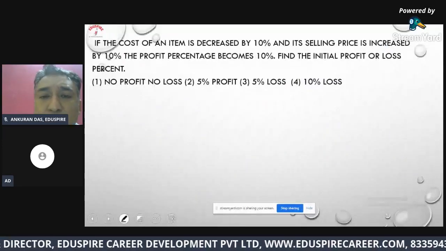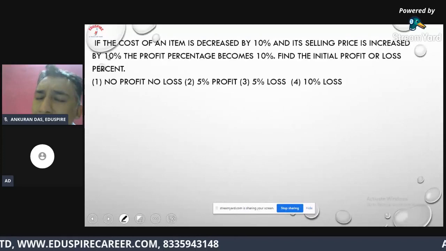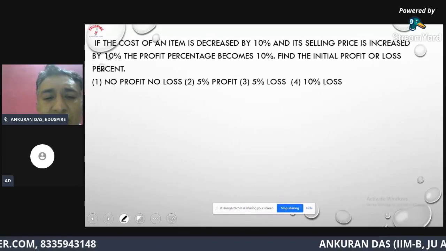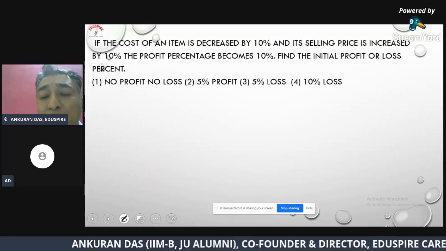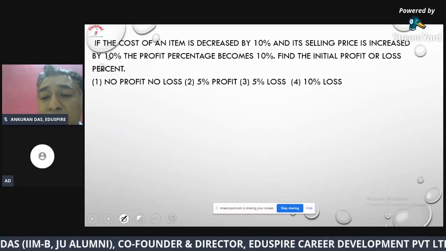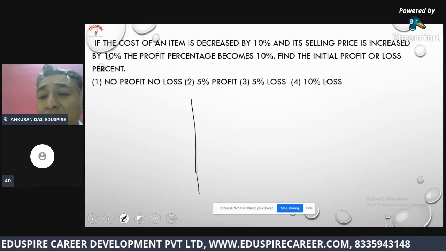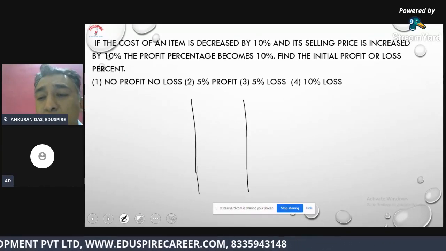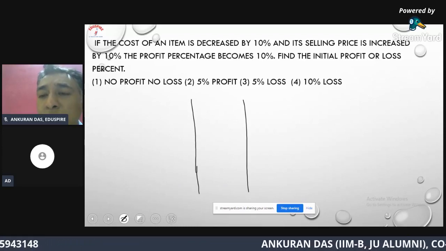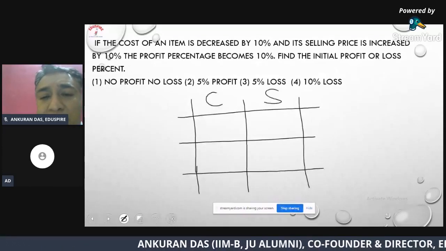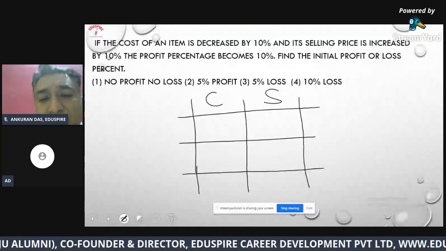Oh yeah, this is one question where they try to confuse you with the language, and I always suggest that whenever you get confused with language, please do draw a table to make the situation look simpler, and you will find a very easy solution after that. Trust me, that is what I have seen in most of the cases. You see, they have talked about cost price on one side, sales price on the other side, and they have talked about an initial situation and a final situation, right?